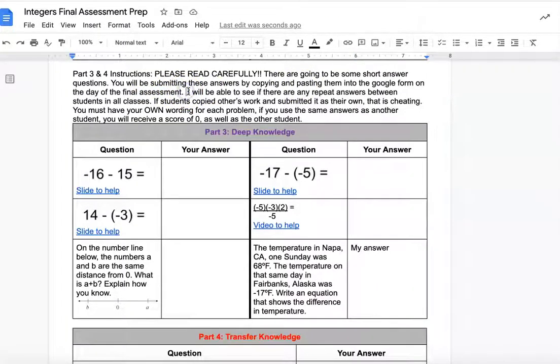I'm going to read this next section and highlight it because it's really important. I will be able to see if there are any repeat answers between students in all classes. If students copied others' work and submitted it as their own, that is cheating. You must have your own wording for each problem in the short answer section, obviously. If you use the same answer as another student, you will receive a score of 0 as well as the